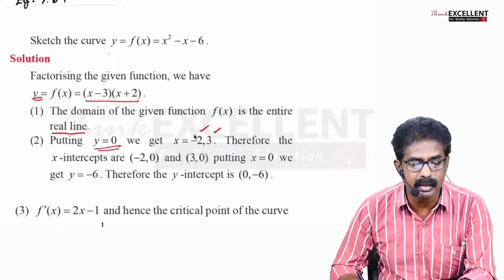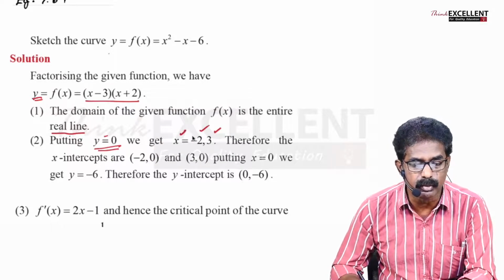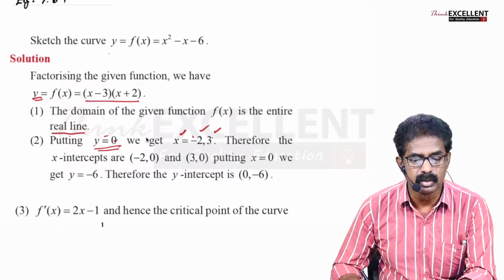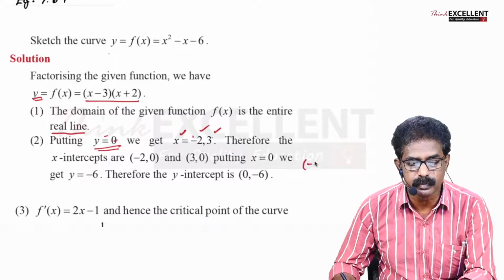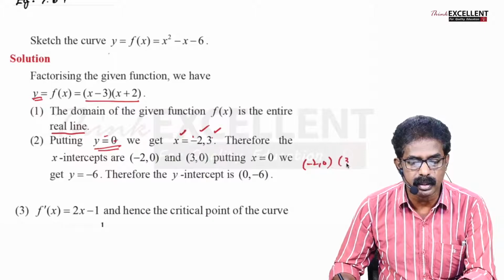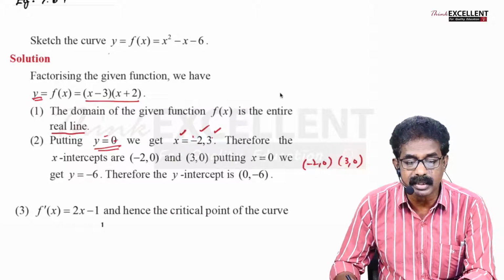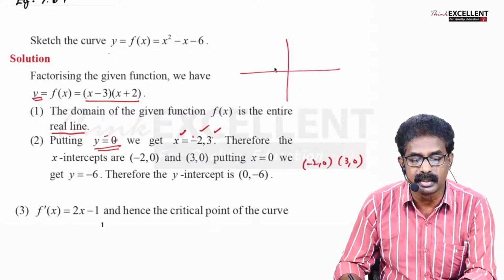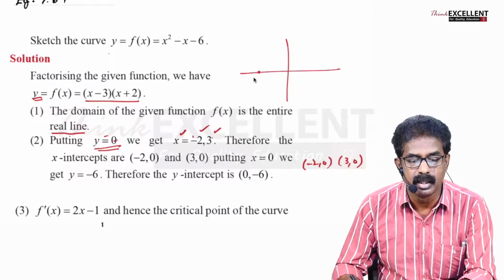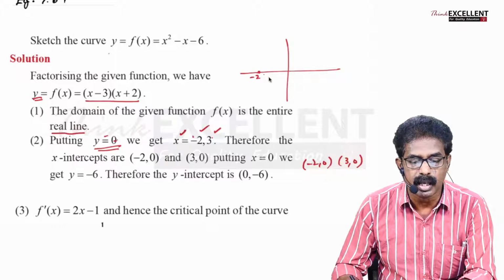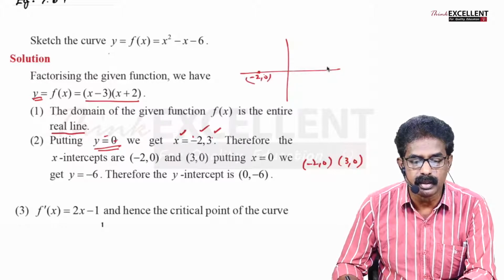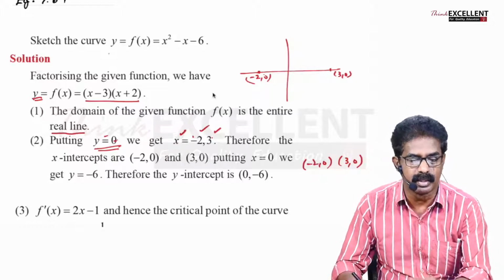So when you write it as a point, x comma y, so minus 2 comma 0, 3 comma 0, right? So minus 2, 0, and 3 comma 0. These are the intercepts, right? So these are the x-intercepts. The x-axis, it cuts at minus 2, 0. So this point is minus 2, 0 and 3, 0. 3, 0 is somewhere here. So you got some idea, right? The curve cuts at these 2 points.